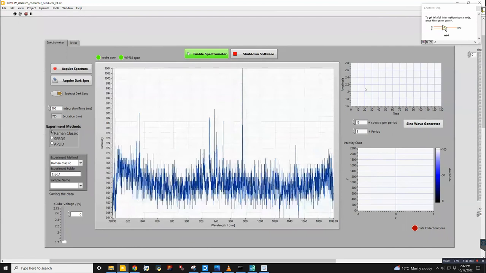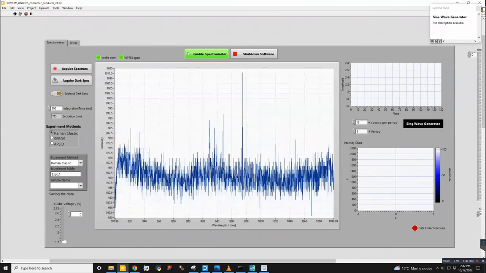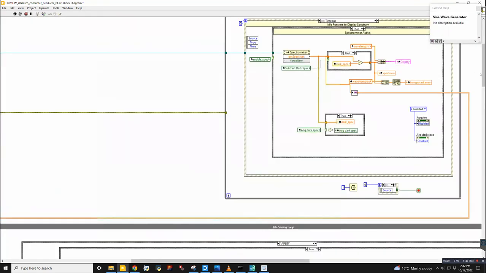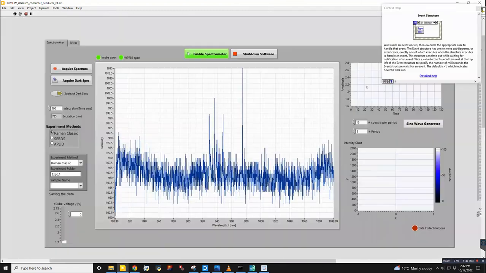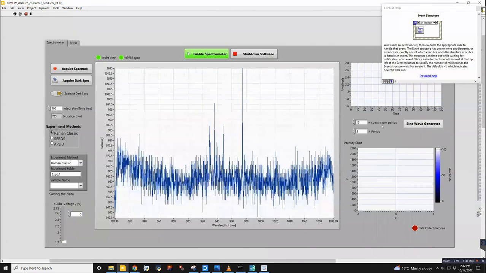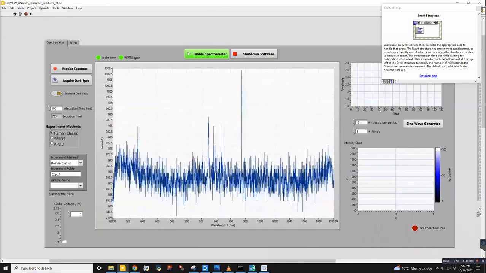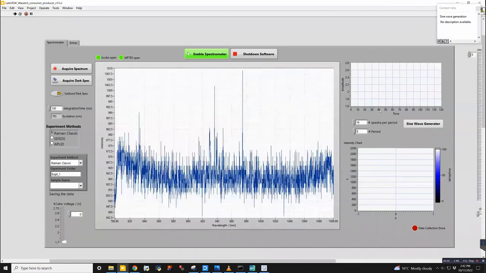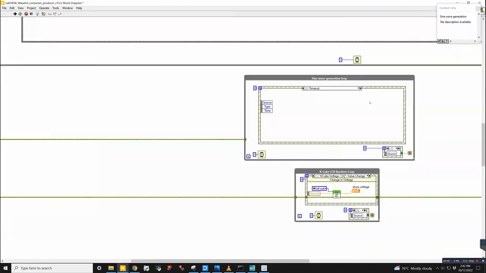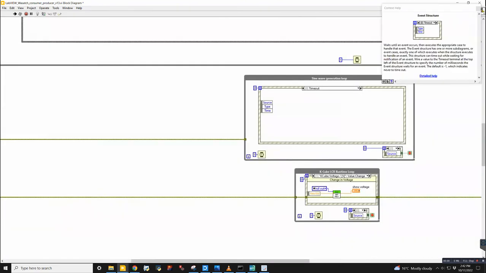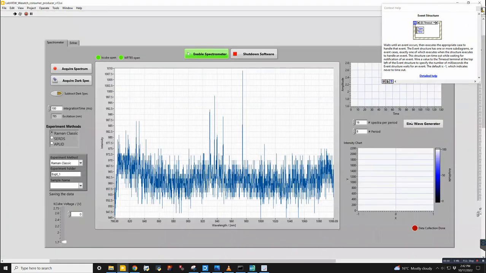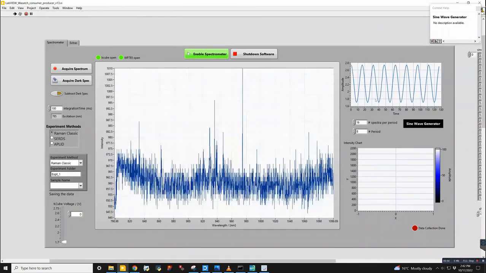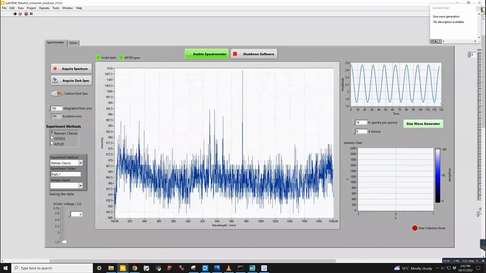Sweet. Okay, so basically we have this sine curve generator loop, and it's treating this sine curve as an independent function, like a function generator, but all of it is just internal software. So it's just waiting for you to click go. When you click sine wave generator, it will produce a sine curve there, and it will use that for